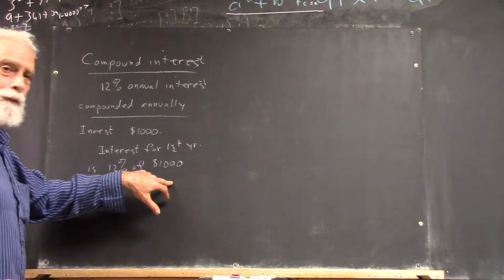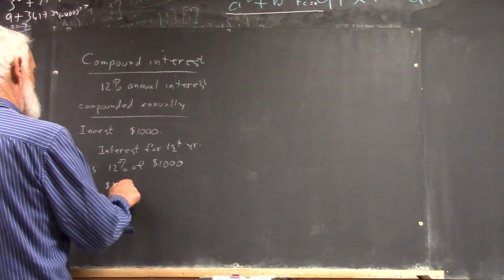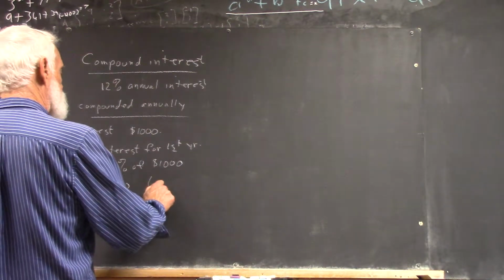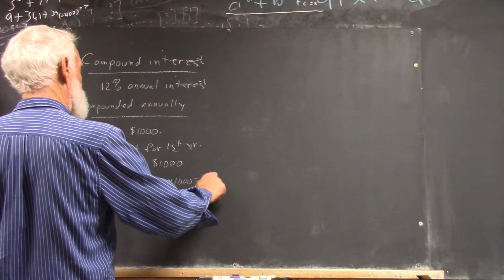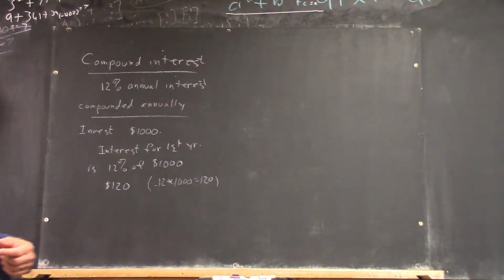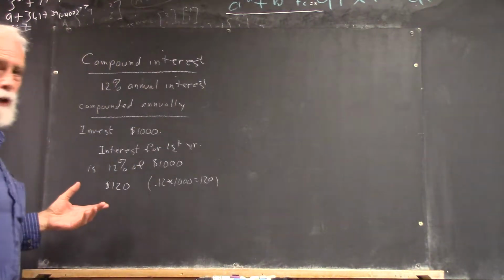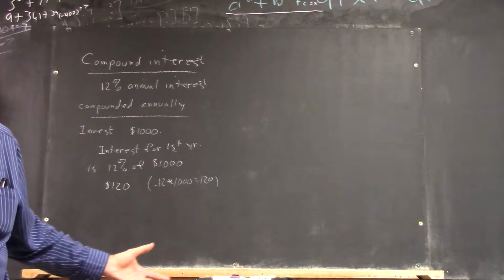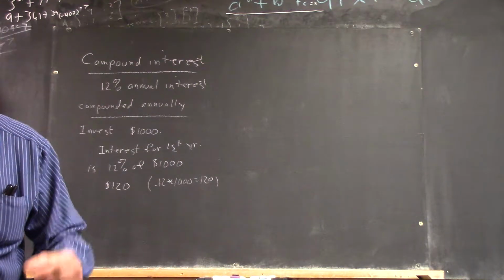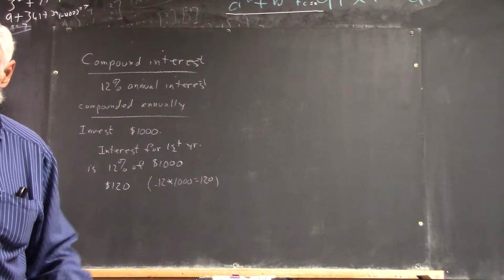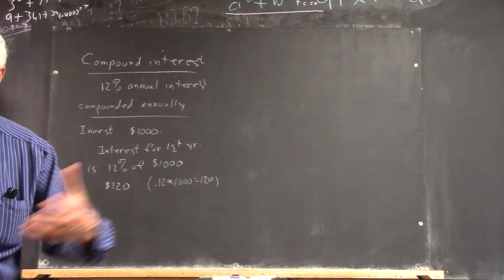Okay, anyhow, 12% of 1,000 is $120. That's 0.12 times 1,000 equals 120. Okay? And if you don't understand percents, there are 10 billion good explanations on the web about percents. Okay? Written, video,